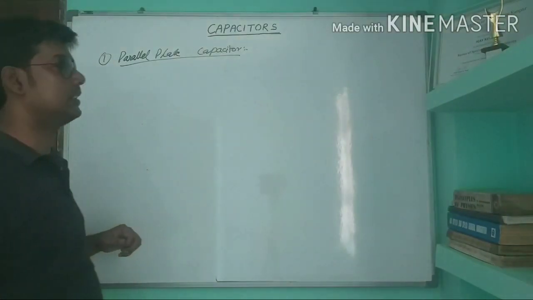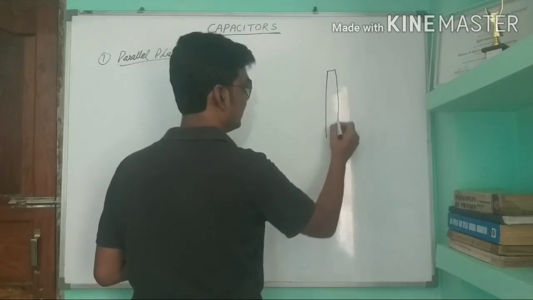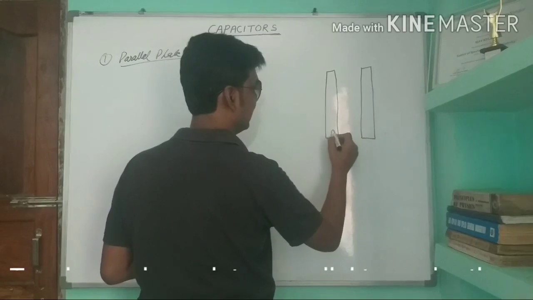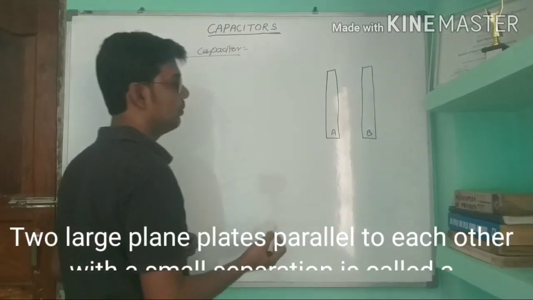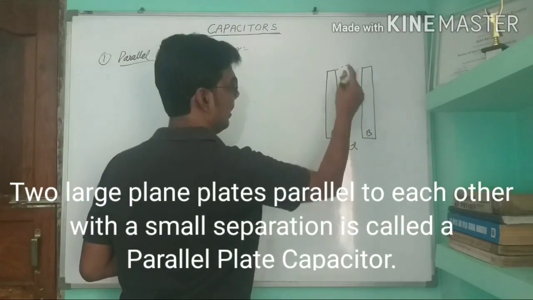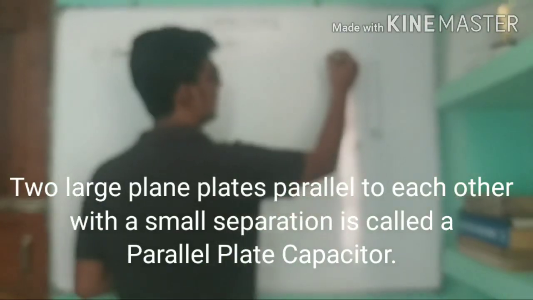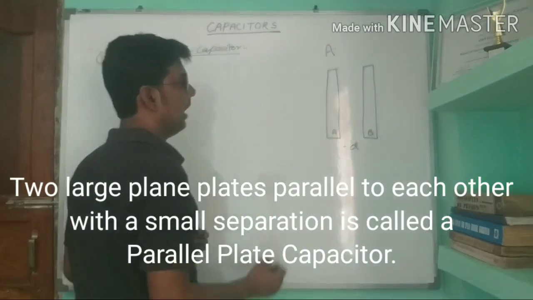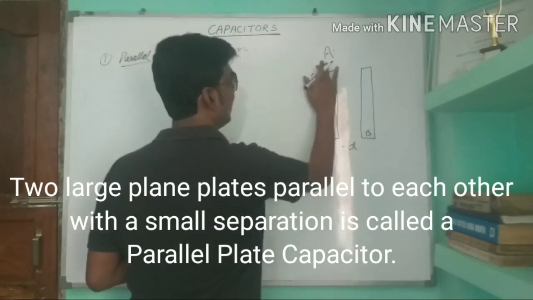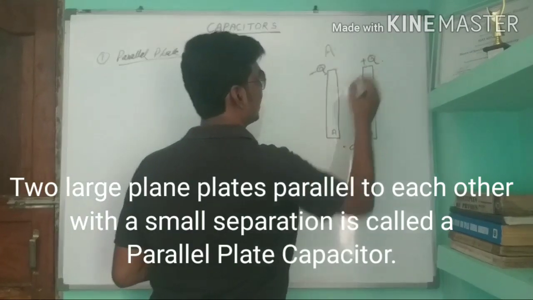Actually, in a parallel plate capacitor, there are two plates, say A and B, as I told you. This is plate A and this is plate B, placed at a distance d. The area facing these plates is, suppose, A, and this is the charge, capital Q, and this plate has charge minus Q; this plate is positive.